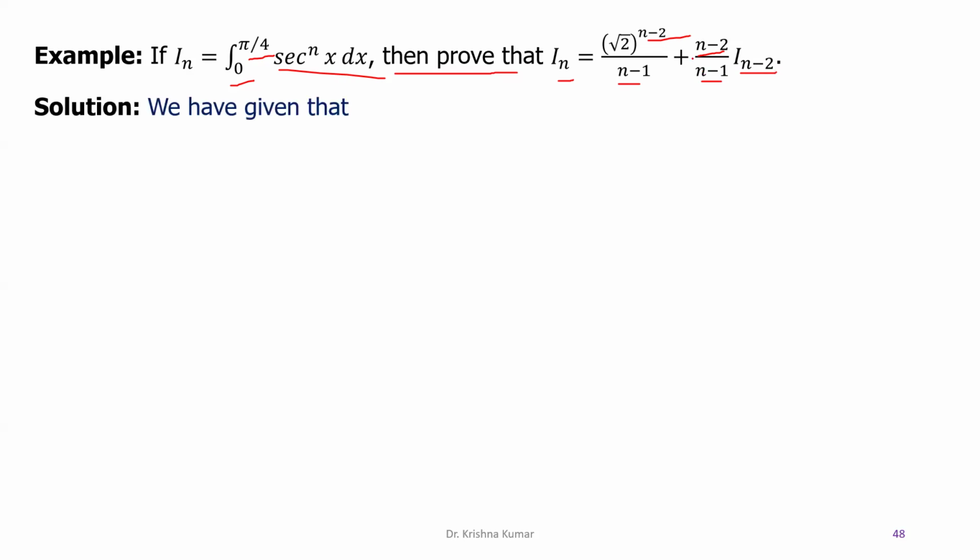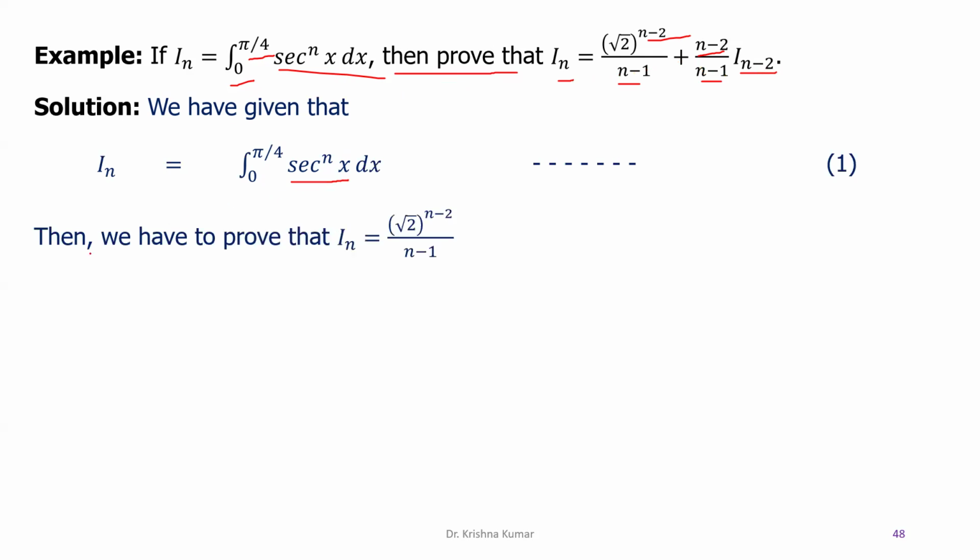We have given that I_n is equal to integration of sec to the power n x dx under the limit 0 to pi by 4. As we know, if you want to find the reduction formula of sec to the power n x, we have to break this n into n minus 2 and 2. Then we have to prove that I_n is equal to root 2 to the power n minus 2 upon n minus 1 plus n minus 2 upon n minus 1 into I_(n minus 2). So from equation number 1,